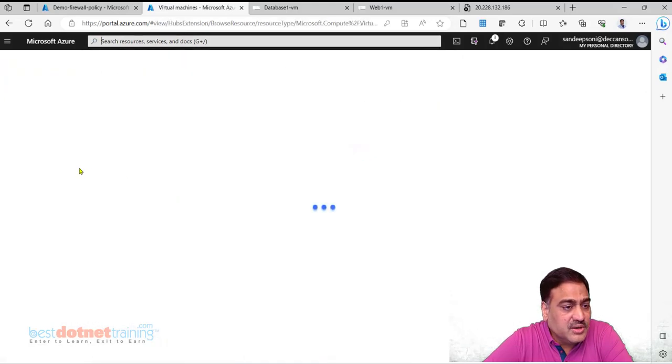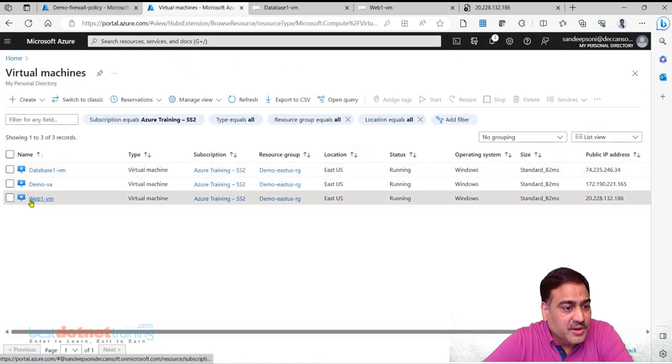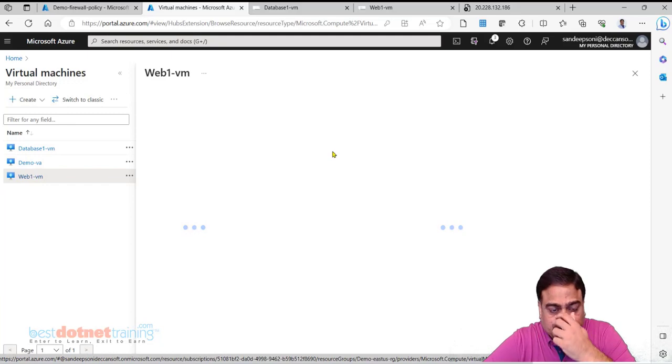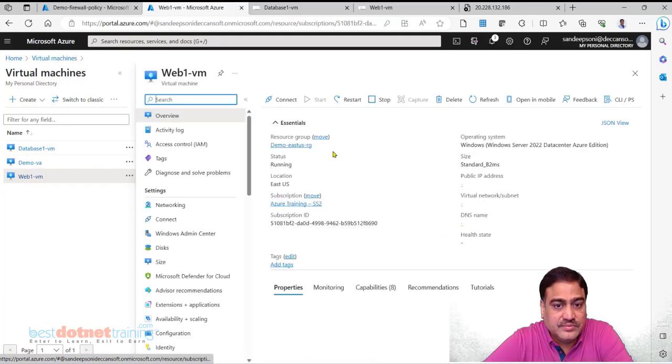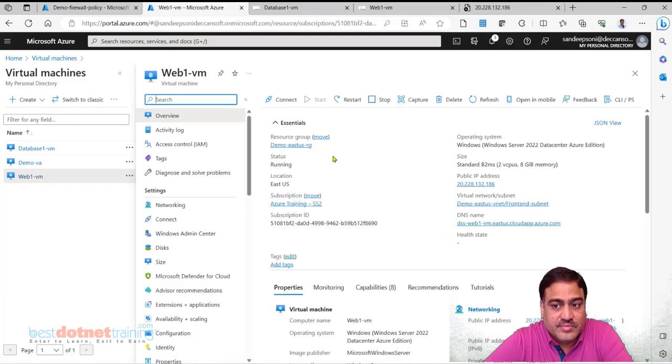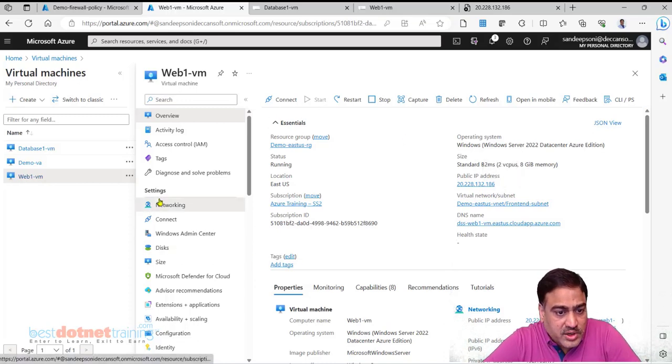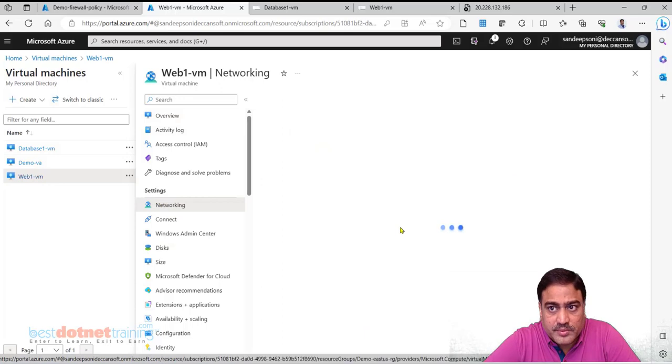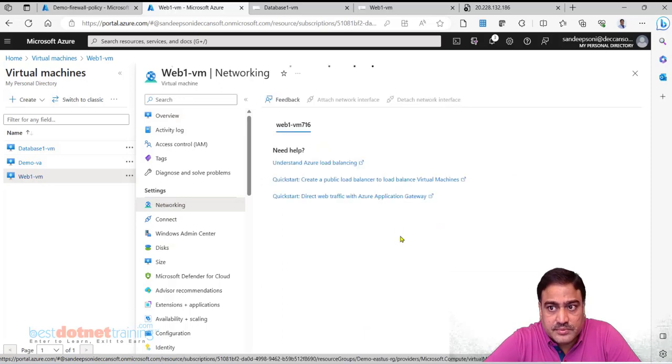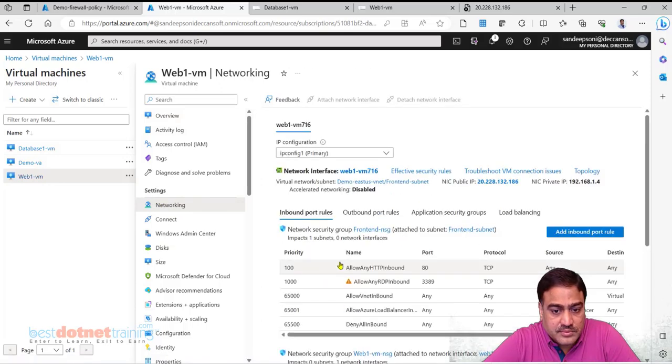The virtual machine web1 VM has a public IP. And if you see networking, I have allowed HTTP, I have allowed RDP also.